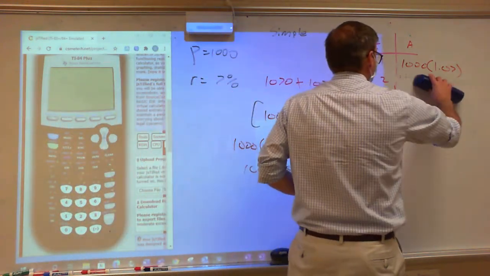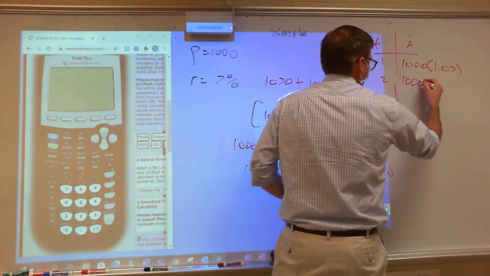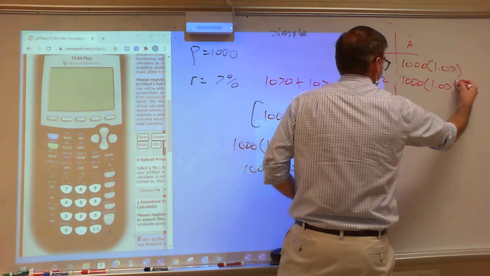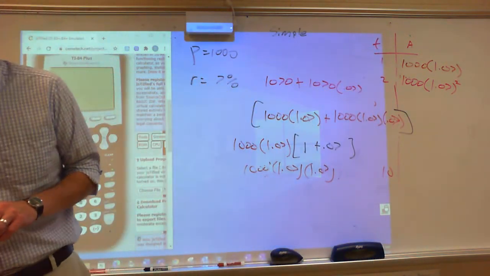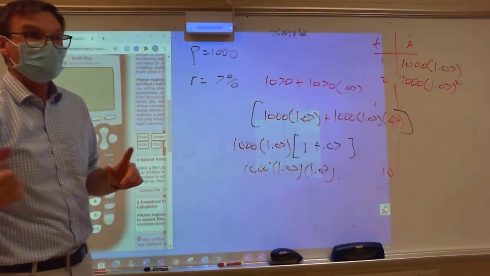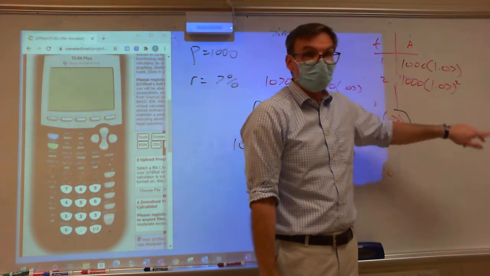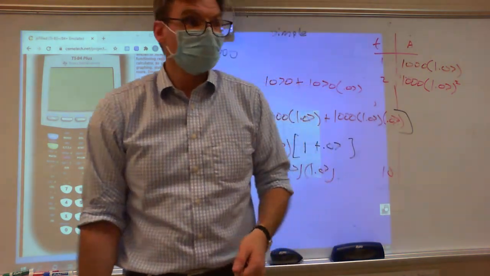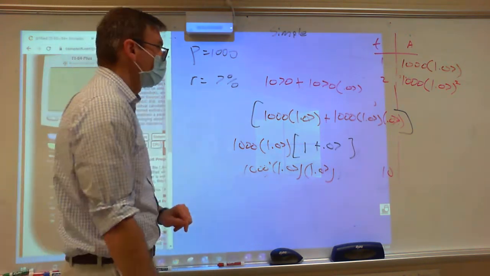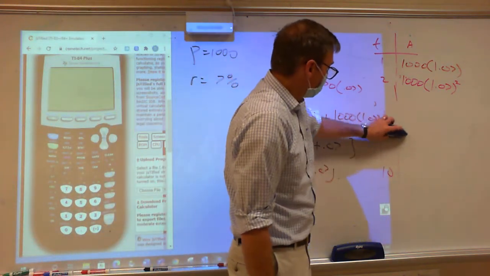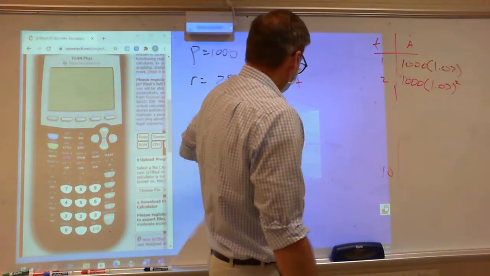So I'm going to rewrite this as 1,000 times 1.07 squared. And my claim is, if you type 1,000 times 1.07 squared, you're going to get the number that would have been there. Now this is huge. See, the reason this is huge is,